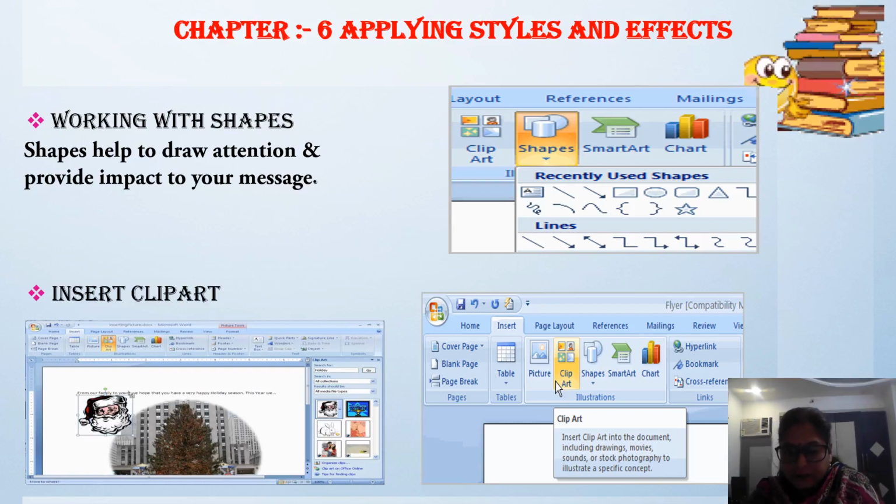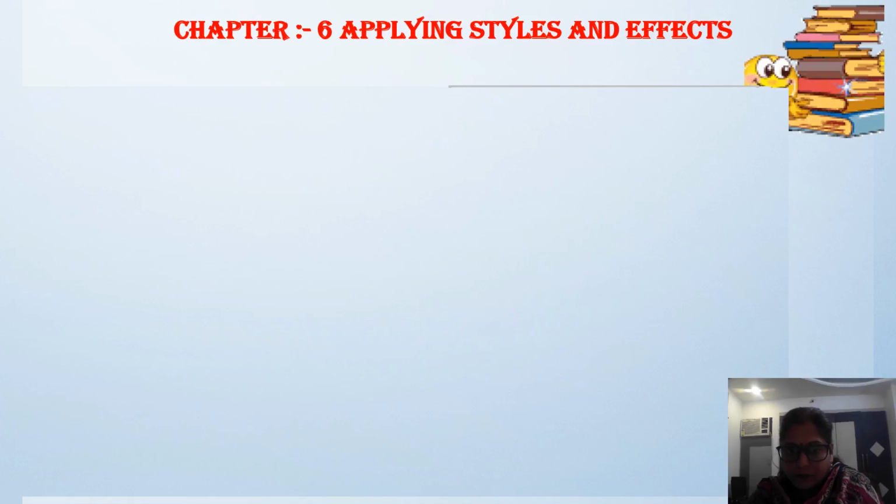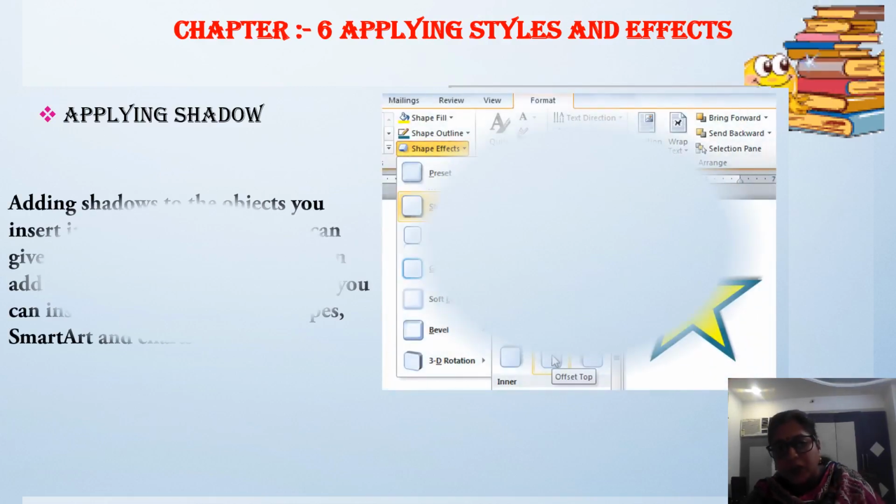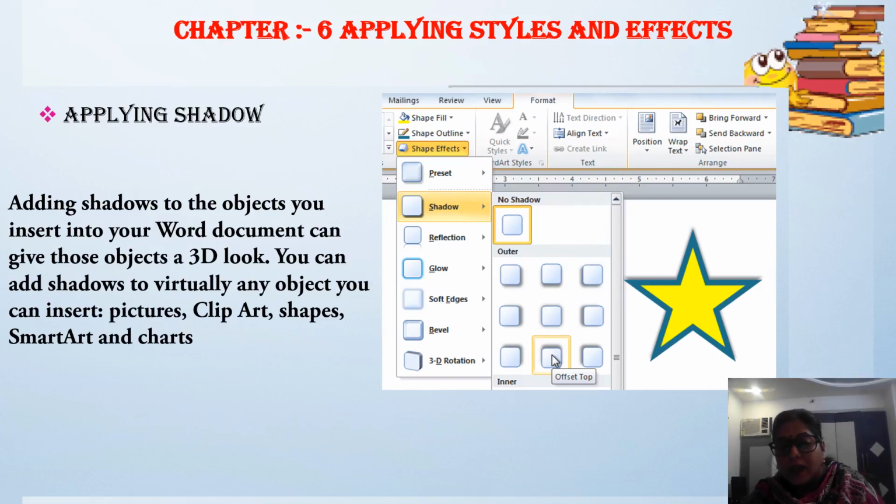Okay, children. Now applying shadow effect. What is shadow effect, children? Adding shadow to the object you insert into your Word document can give that object a 3D look. Means it gives your object a 3D look.